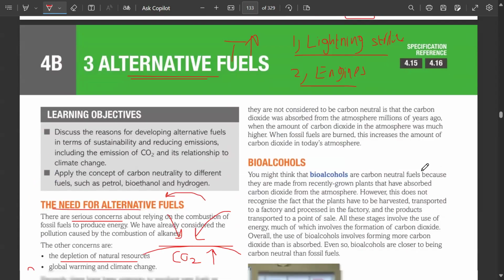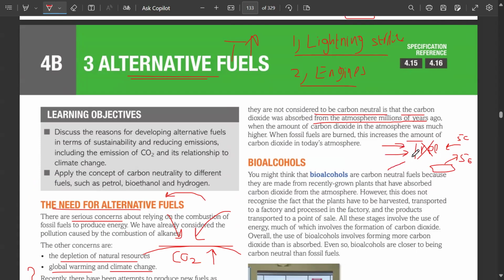अब रीजन क्या है कि अगर एक ट्री था, if a tree was absorbing 50, मैं उसको कट डाउन कर दूं, अब उसके वुड जो है वो प्रोड्यूस भी 50 कर रहा है, this is a neutral. They are not considered to be carbon neutral now, because the carbon dioxide was absorbed from the atmosphere millions of years ago, और वो तो अब यहाँ पे बिल्कुल एक्यूमुलेट हुआ था इनसाइड द ट्री। सो ओवरऑल आप देखो कि 100 रह गया एटमॉस्फेयर